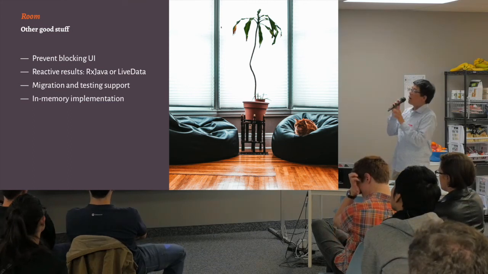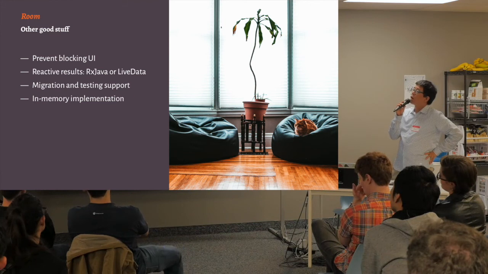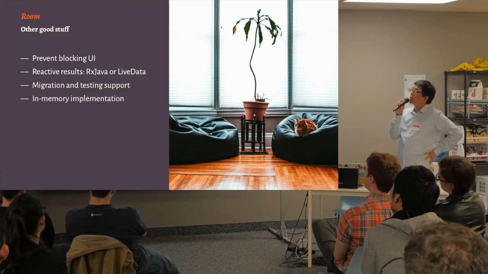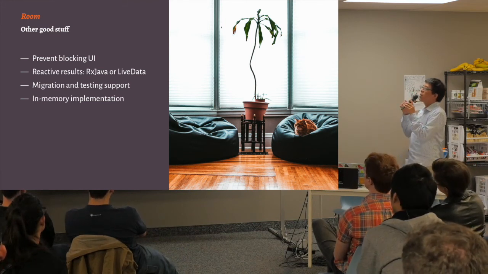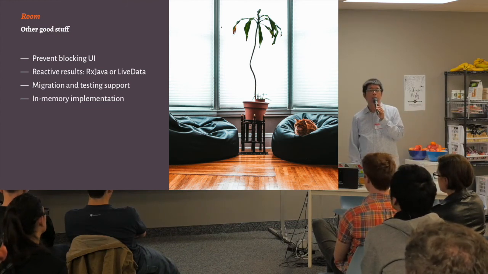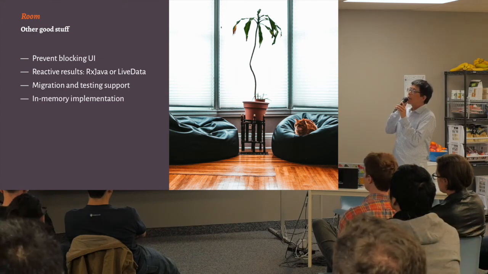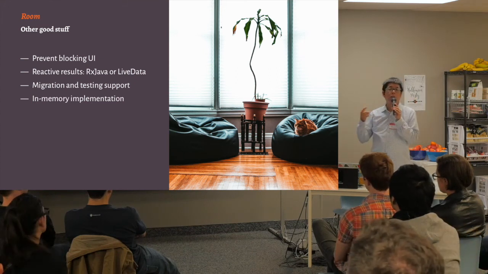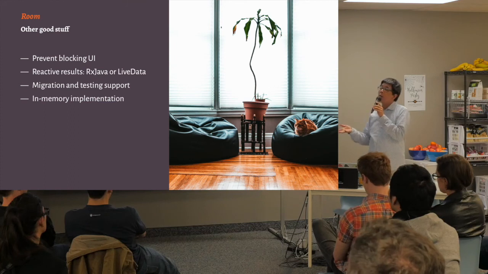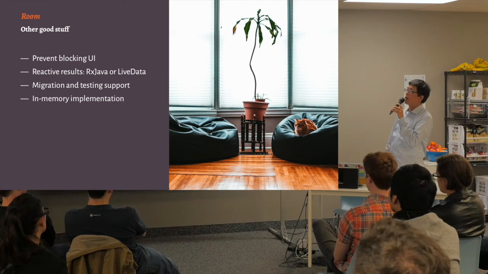So there's not enough time to go through all the other cool stuff that Room has, but you can obviously watch any of the videos. Some highlights that stood out to me is that by default, they prevent you from executing queries on the UI thread, and that's a hard stop or crash, I think, because that's a common problem when you're hooking up a recycler view to a database to accidentally, or not even intentionally, accidentally executing some sort of a query